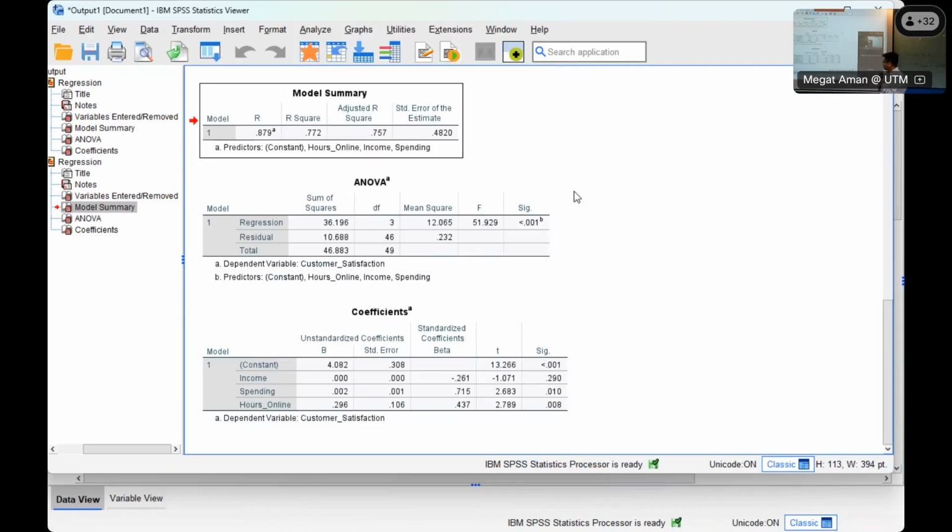Can you see here? Less than 0.01, 0.29, 0.01, 0.008. Is there any difference from the 3 variables here? 1, 2, 3. Is it different? This is significant. This is significant. How about this one? Not significant, because 0.29 is more than